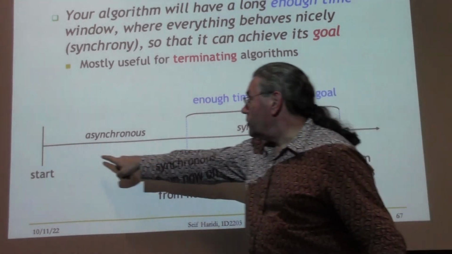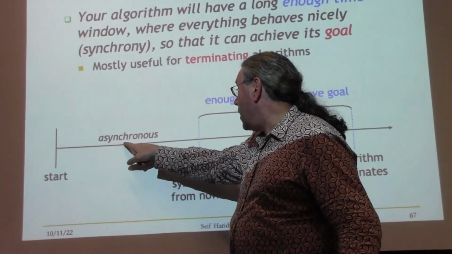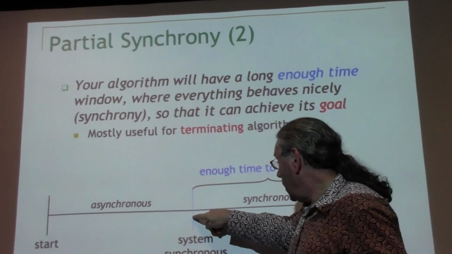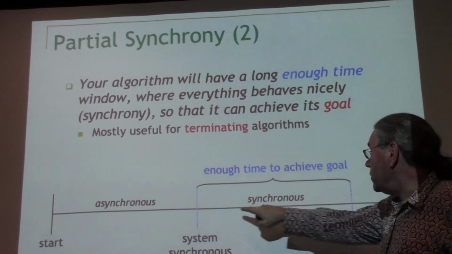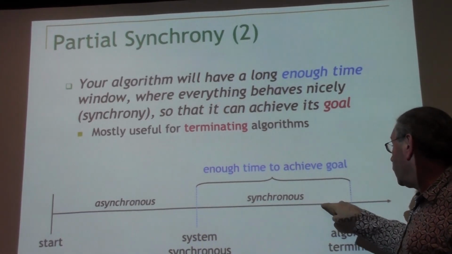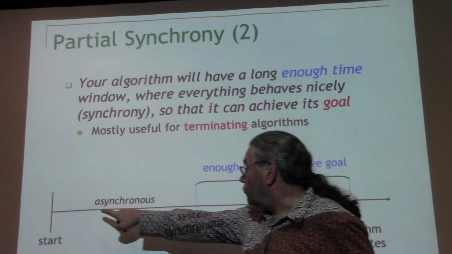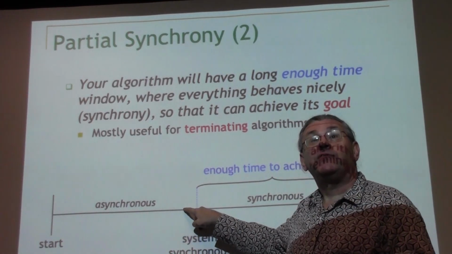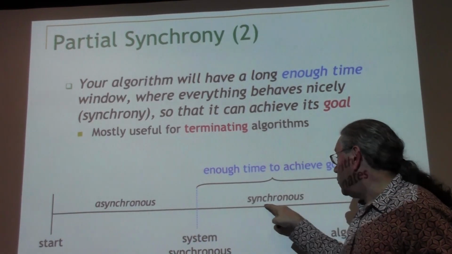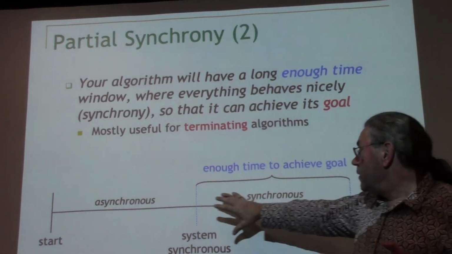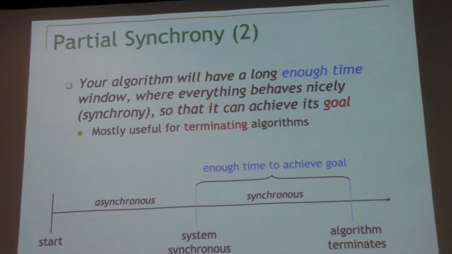So here's a diagram. The algorithm starts, here it's asynchronous. At some time, who knows, but sometime, it becomes synchronous. So from this point onwards, the system is actually synchronous with upper bounds. And so the algorithm just has to make sure that during this period, it doesn't do something stupid, okay? Because eventually, after this period, it will be able to do its work, okay? So it's a very interesting constraint when you write algorithms. See that? Okay, so that's all for partial synchrony.